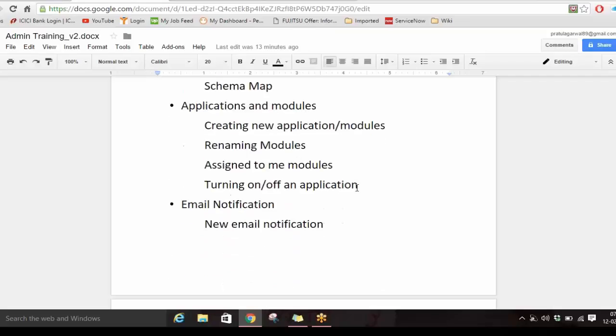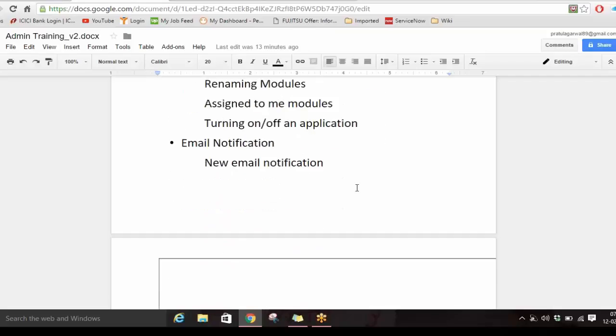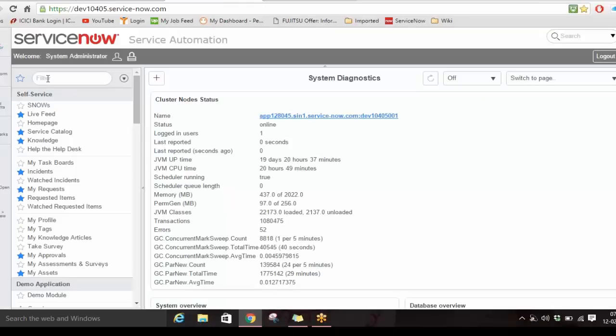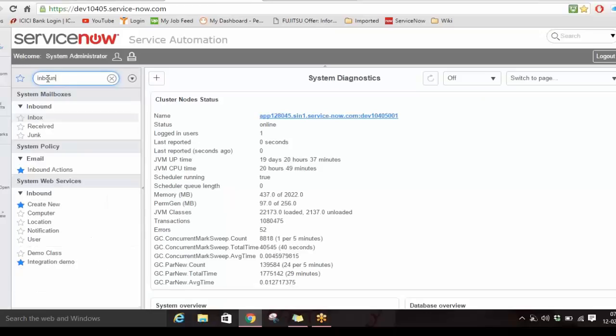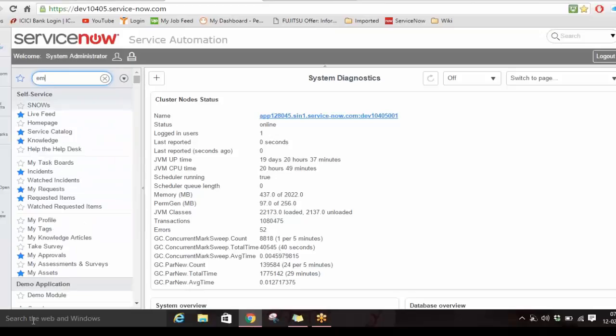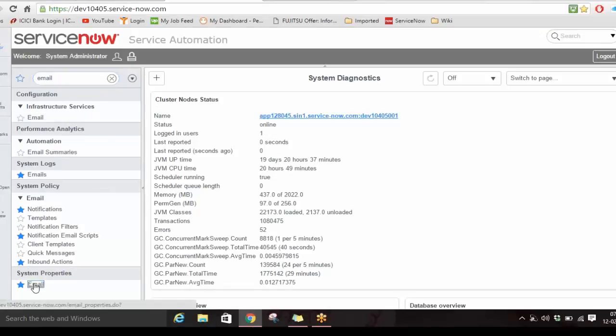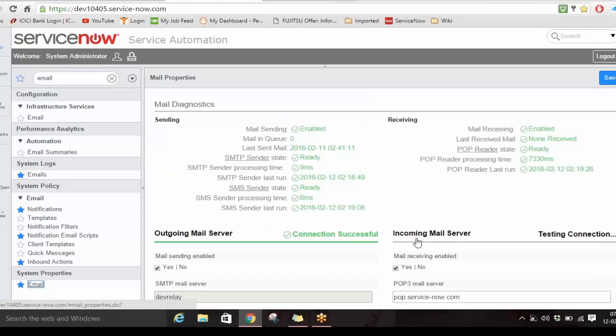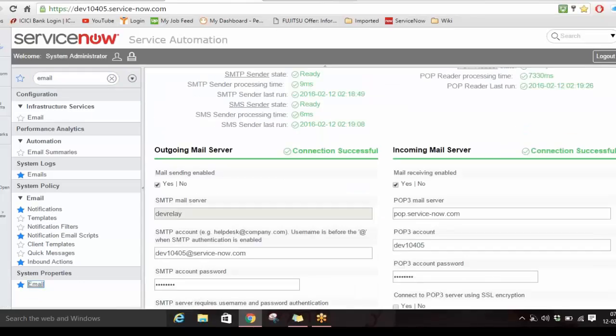Now, do you have any questions in the email notification or inbound email actions, or else we'll go ahead? Yeah, I have questions in inbound actually. Do you want me to go to inbound? First we'll go into email properties, then I have a question in email properties actually. Yep. If you drag down,